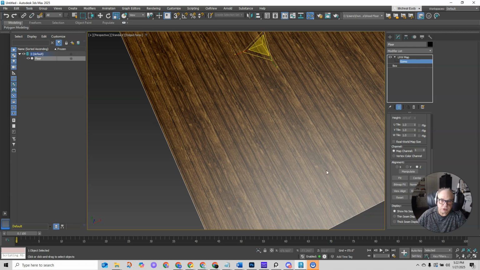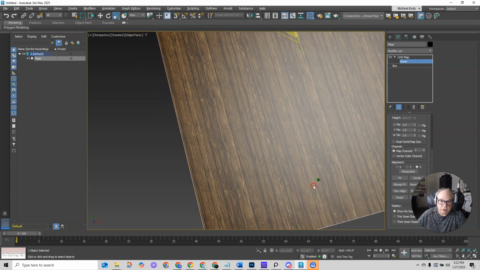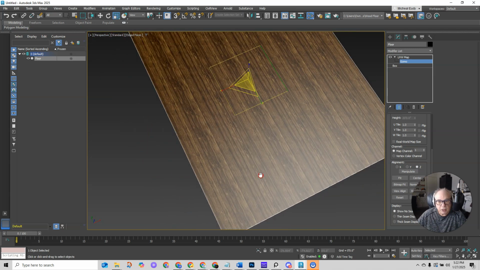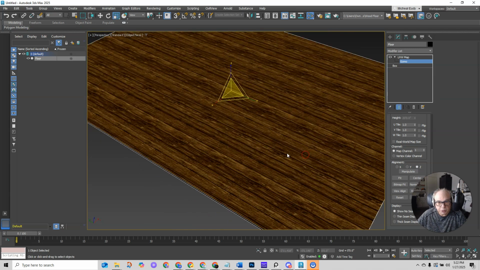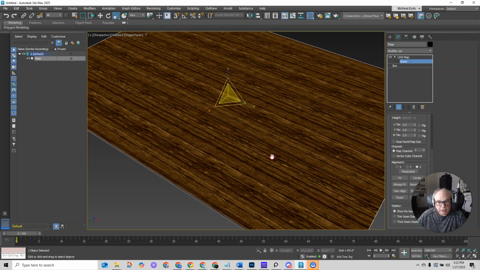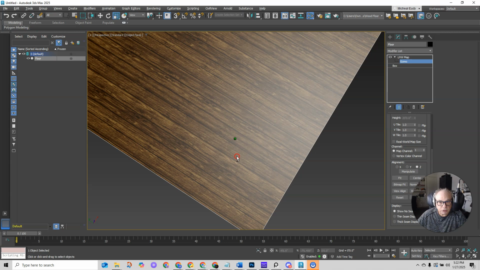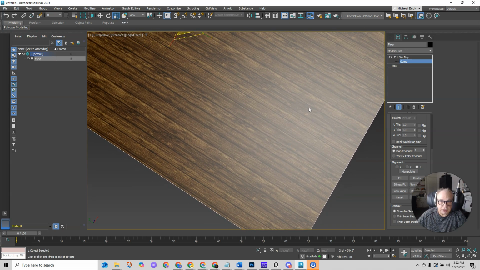Now can you see how this is real shiny across here? We're going to fix that too. That's called a roughness map. So this looks pretty good. Now what I want to do is make a roughness map. So we're just going to rotate this so I can see this shininess, and then I'll show you how this is going to change. So we're going to go back to Photoshop,